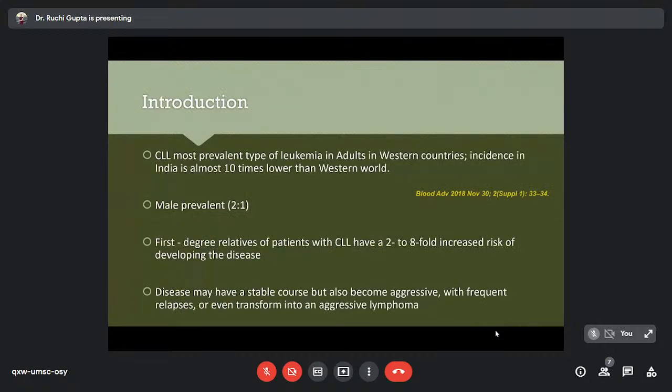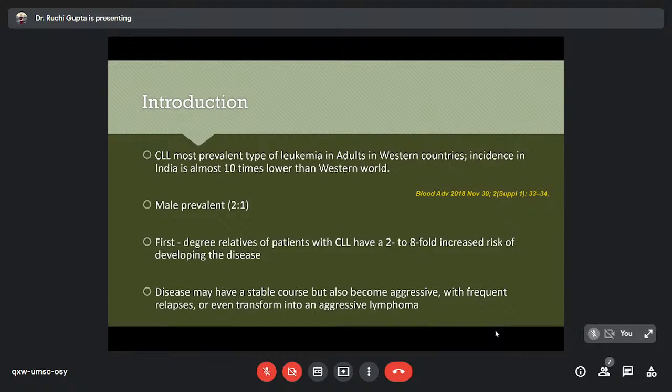I think needless to say, CLL is the most prevalent type of leukemia in adults in the Western countries. And interestingly, in India, its incidence is almost 10 times lower than the Western world. This data was compiled by PGI Chandigarh from the clinical side, and it was very interesting to note that even though it is still the most prevalent, and usually everything in India is more as compared to the Western countries, somehow the incidence of CLL is 10 times lower, and it's largely male preponderant,